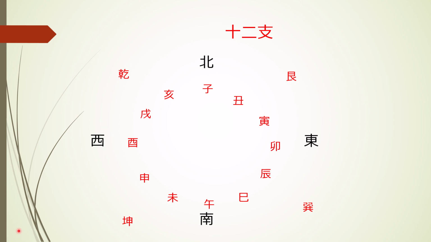So anyway, looking at the Eto, we have ne, or its onyomi shi, representing north, or representing 12 o'clock at night, so 0 hour. Next we have ushi, or its onyomi chu, representing 2 o'clock. Next we have tora, or its onyomi in,